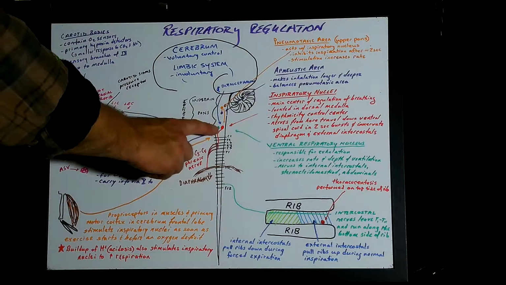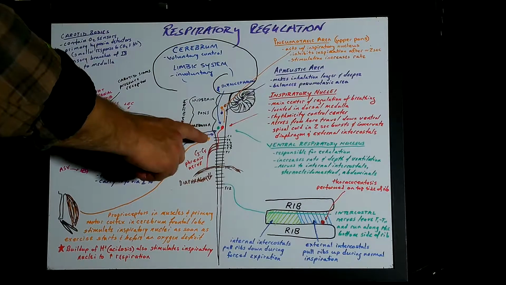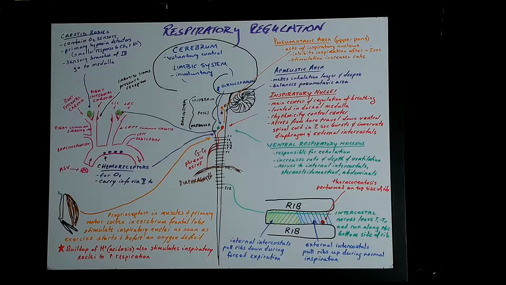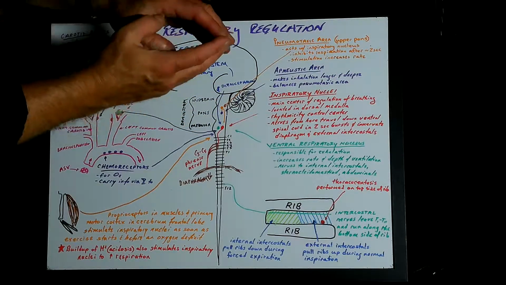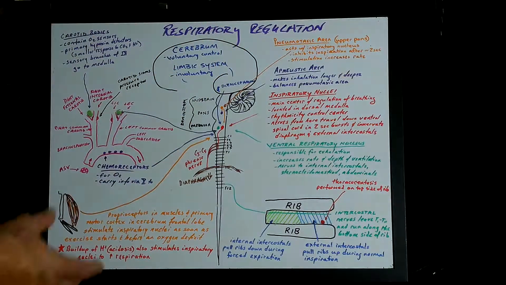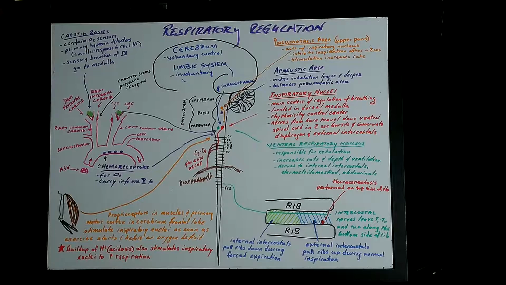Right in front of that, in the ventral surface of the medulla, is the ventral respiratory nuclei. This is responsible for exhalation. Now, normally it has a very easy job because normal exhalation requires no work at all. Your chest wall is elastic. So you breathe in, and then all you have to do is relax everything to breathe out because elastic means you stretch it, and then it goes back to where it was before. As it just goes back to where it was before, it pushes everything out that you need to be pushed out. Now, if you need forced expiration,